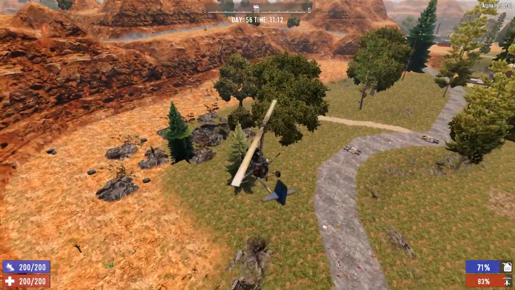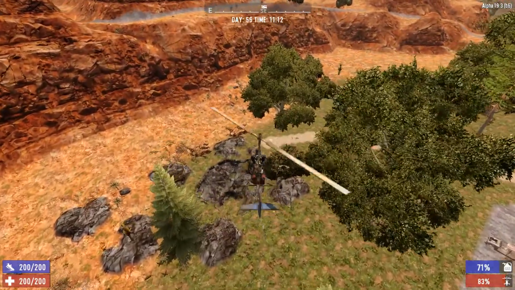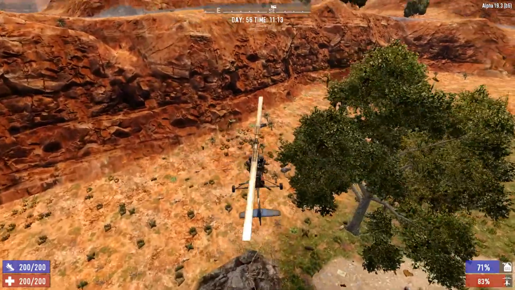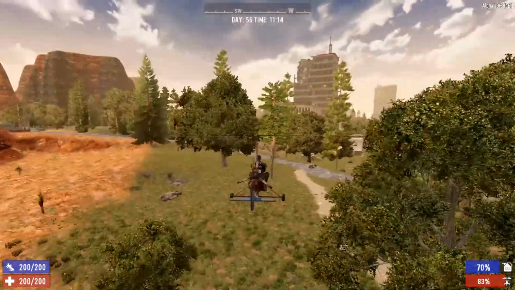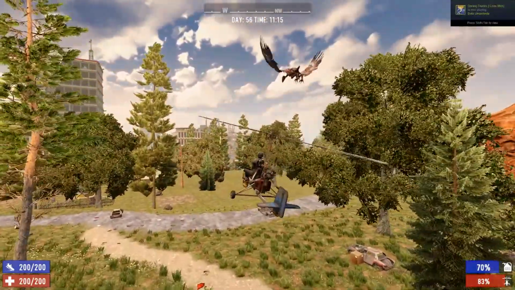That hole in the ground, that is a POI. That's a mine shaft down there, or a cave or something like that. And there's stuff in there, and there's usually a good stash of whatever. You might find a nice